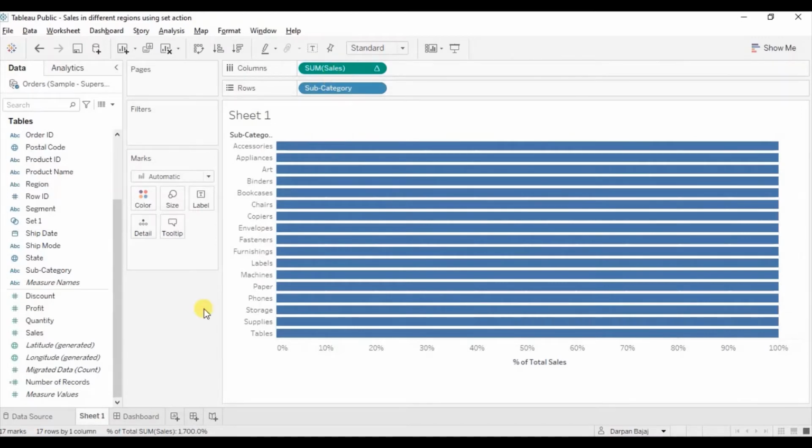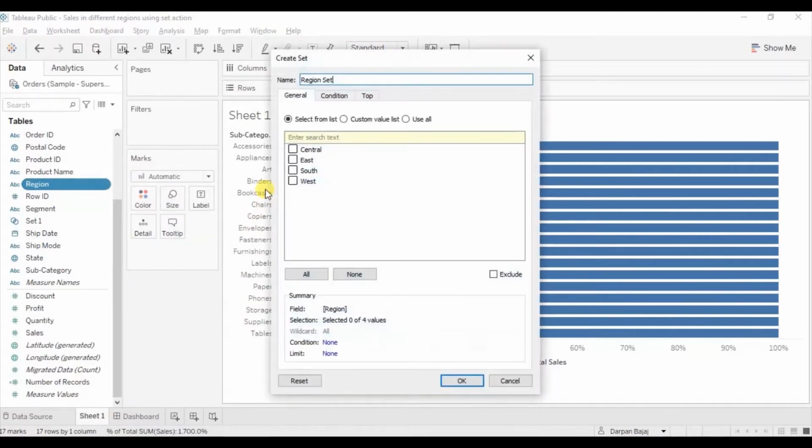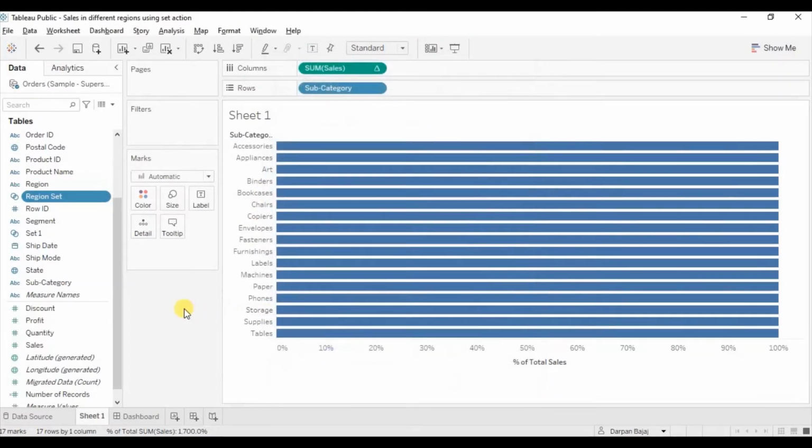As we are interested to see sales for a particular region, create a set from region field. Select the drop down and select create set. Select any one region and click on OK. Now drag this region set onto colors.